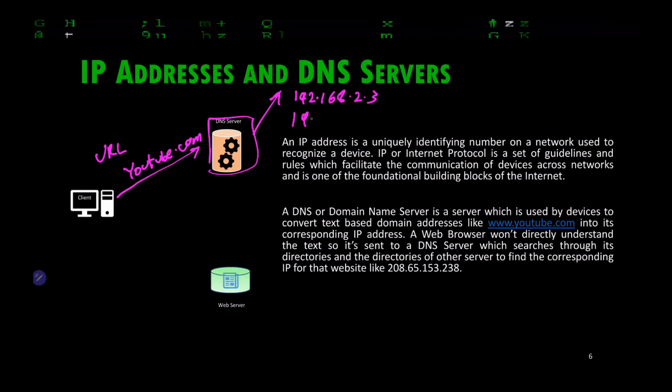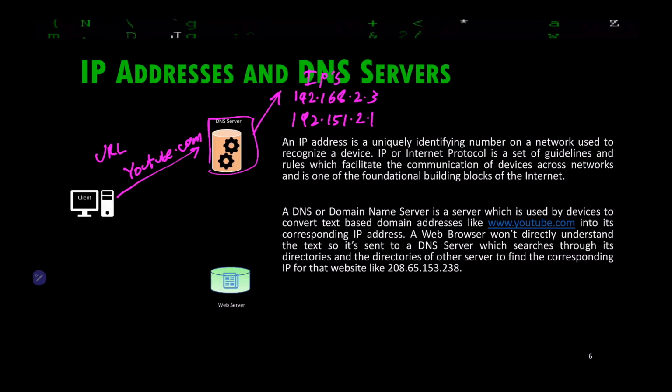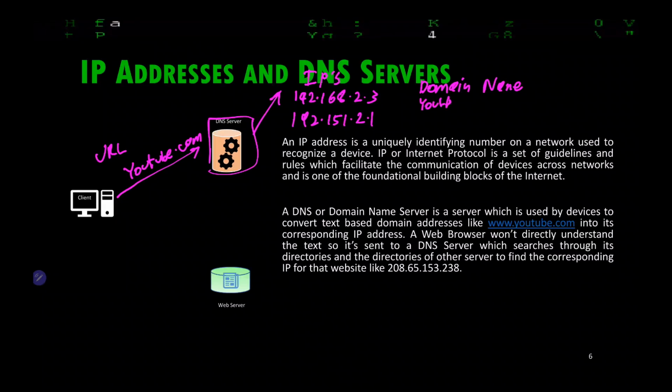192.168.2.3, 192.151.2.1. These are different IPs, right? So I'll write down over here, IPs. And over here is going to be your domain name, which is what you enter, right? So you entered youtube.com,